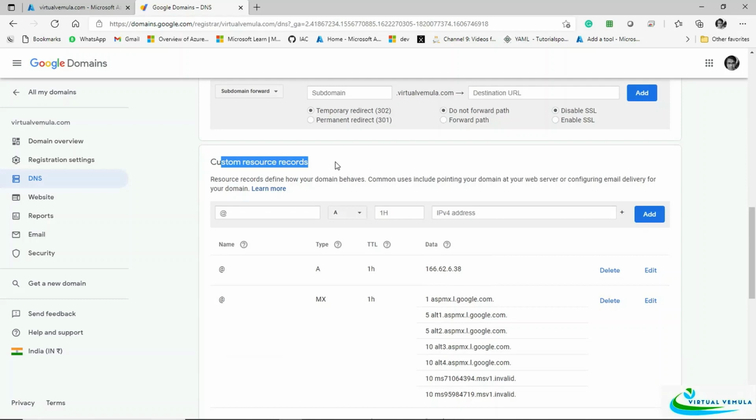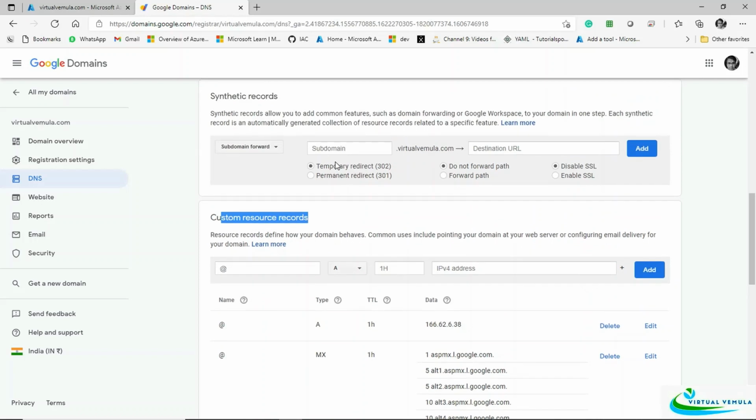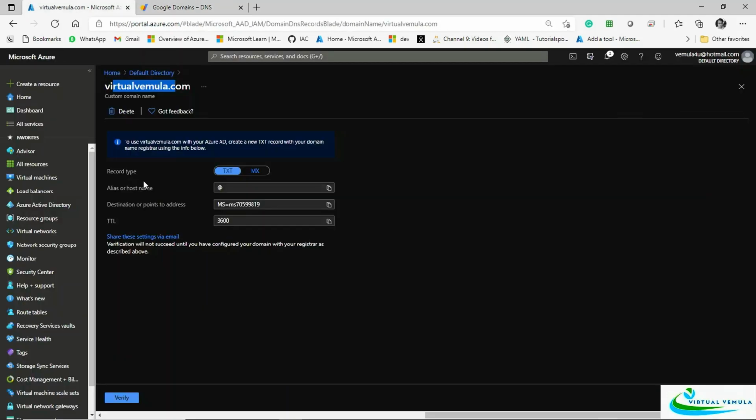Now, if you purchase from any other vendor, there might be a little difference in the interface, but you definitely have this option of adding the records. In case you don't have access to this, you can send an email to your registrar with these details. They will add them on your behalf.